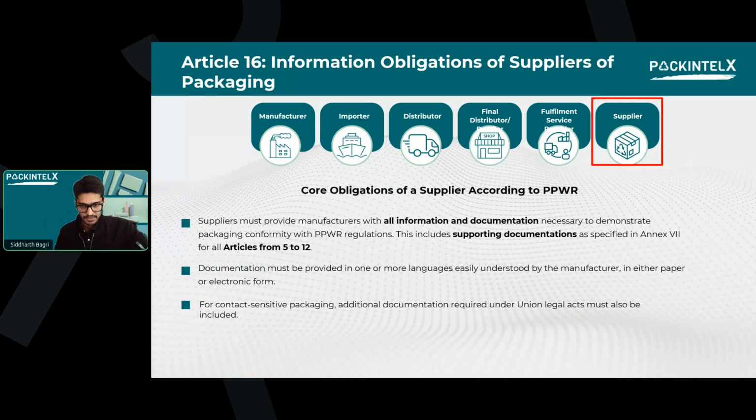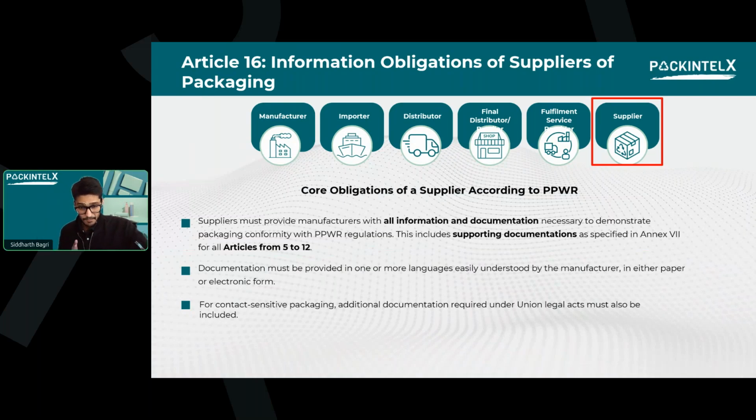If the input information is good, then the output is super automatized. The challenge comes when the supplier doesn't understand what type of data is required, or the supplier resists in providing the data. In that case, what you have to remind the supplier is that according to Article 16, which is information obligations of suppliers of packaging,